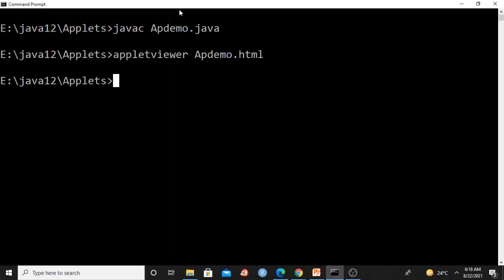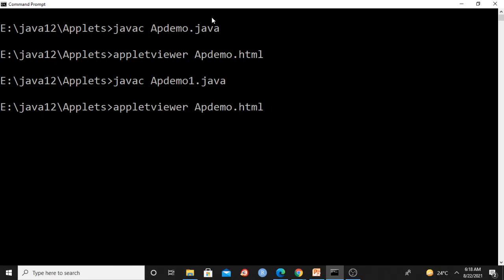This is the previous class. If you want, you can keep an HTML file inside this particular .java file, appdemo1.java. Appdemo1.java means I am keeping that particular HTML code in appdemo1.java. How can I run this program? It is simple. appletviewer appdemo1.java.